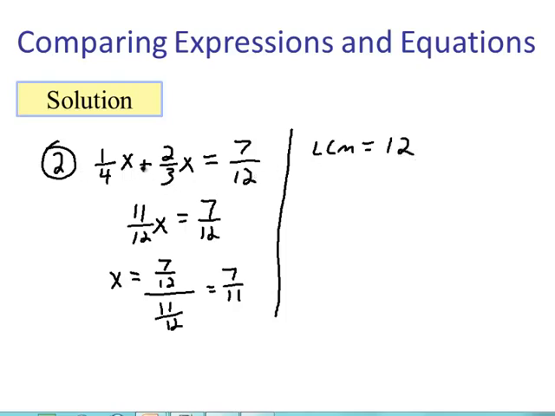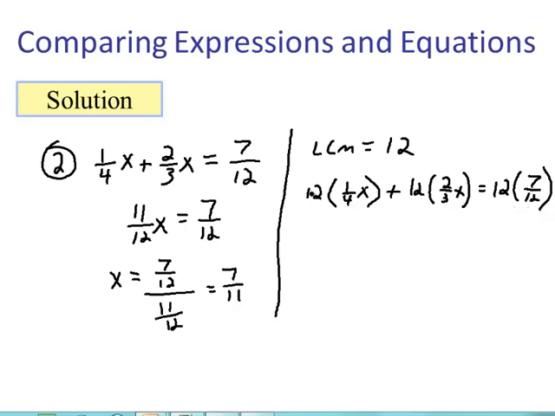So if we multiply every single term by 12, we can eliminate the fractions. So we have 12 times 1/4 x plus 12 times 2/3 x. And of course we have 12 times